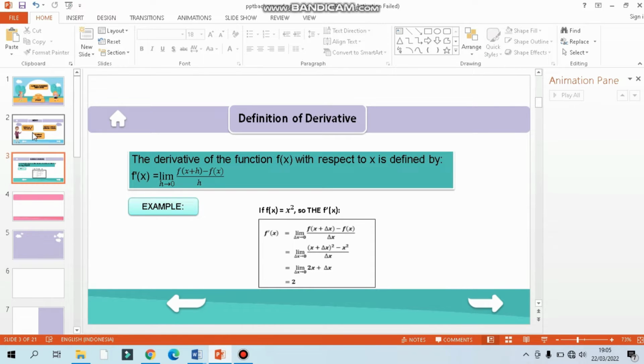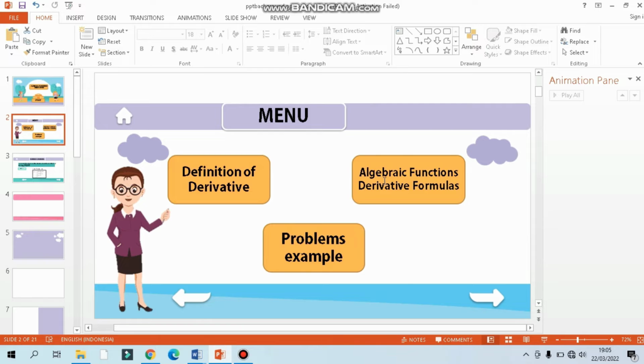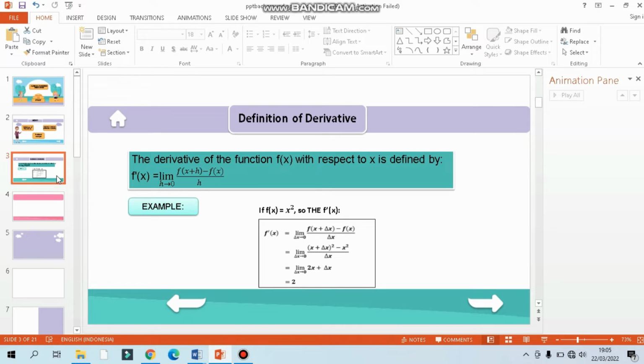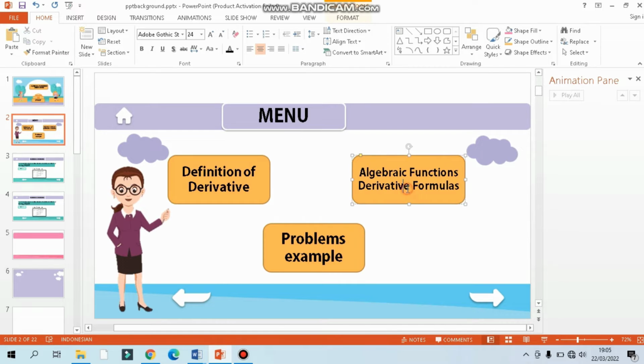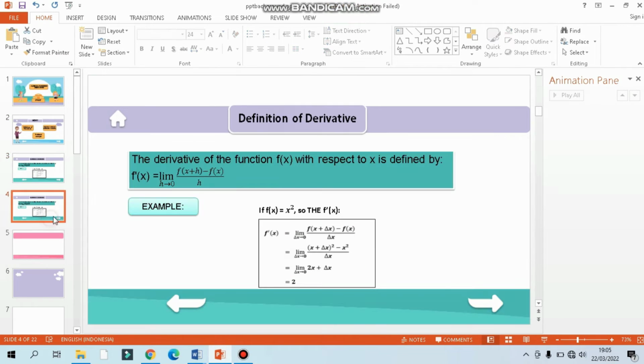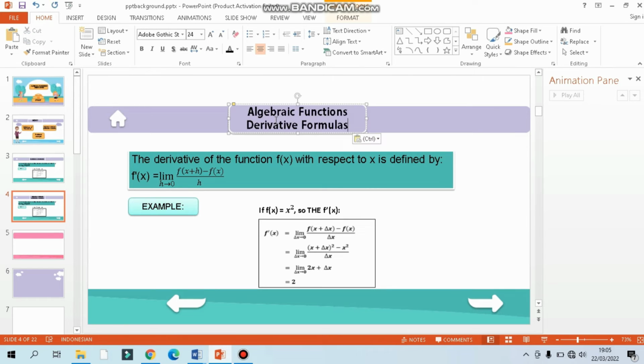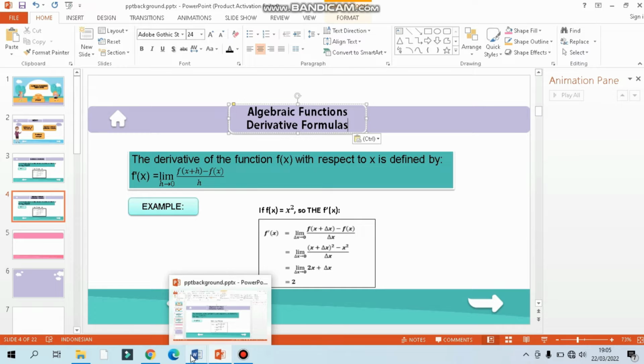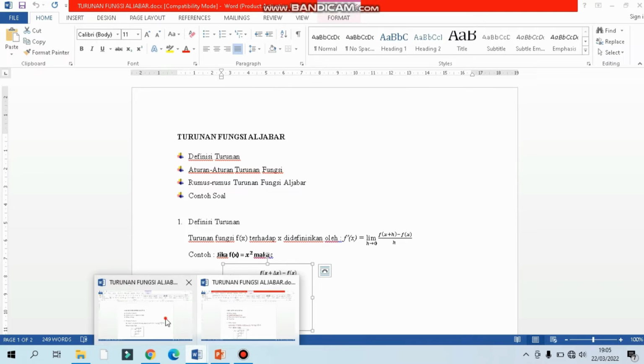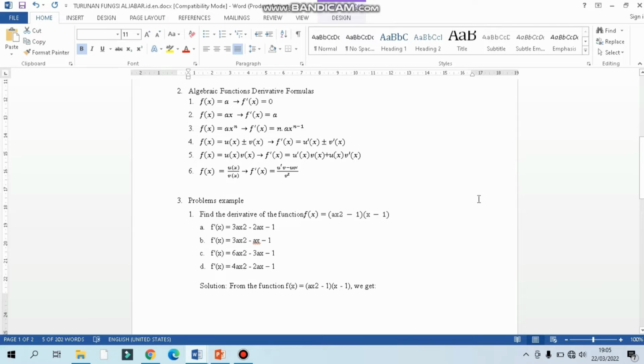Okay. Next we go to the next slide, which discusses algebraic function derivative. You can copy and paste the slide, and we can change the topic and fill in the slide, where we copy the algebraic function derivative formulas.